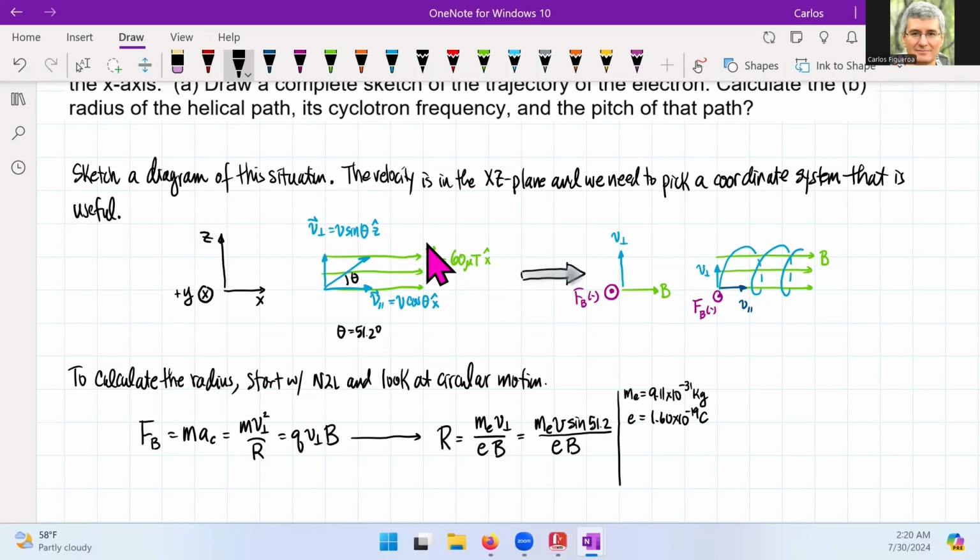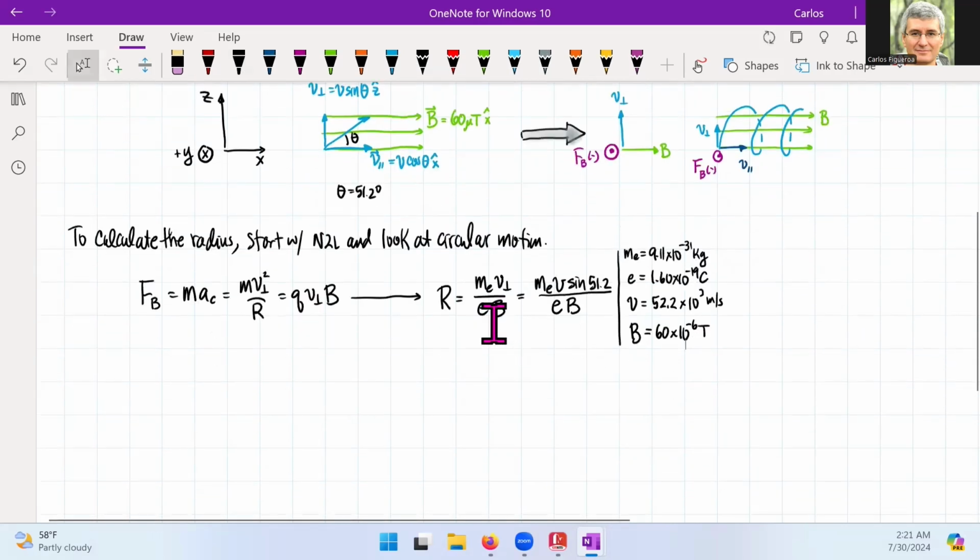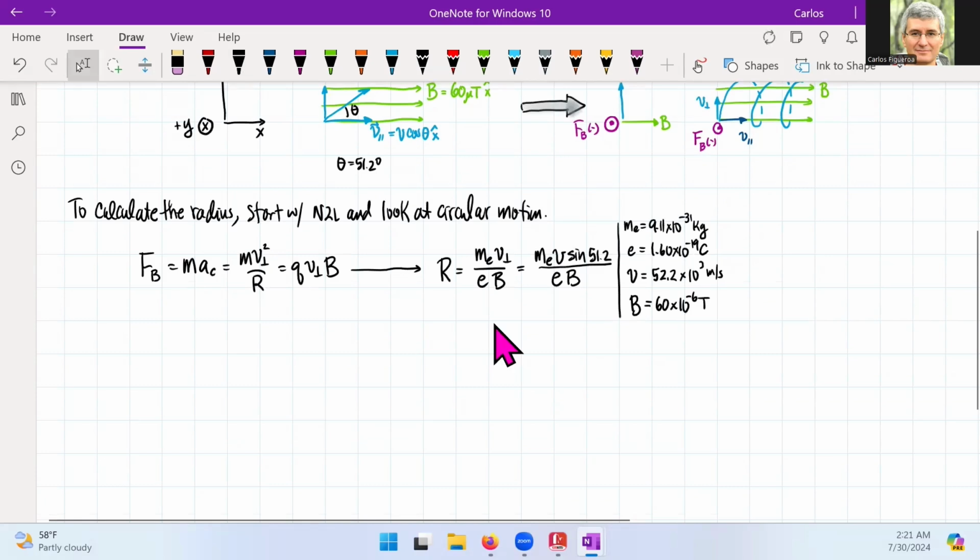They give us what the speed was. The speed was 52.2 times 10 to the 3 meters per second, because it's 52.2 kilometers per second. And then they tell us about the magnetic field strength. They told us that the magnetic field strength was 60 microteslas. So I need to put those values in. So if I put these values in, I'm going to find that I'm going to get r, which will then be